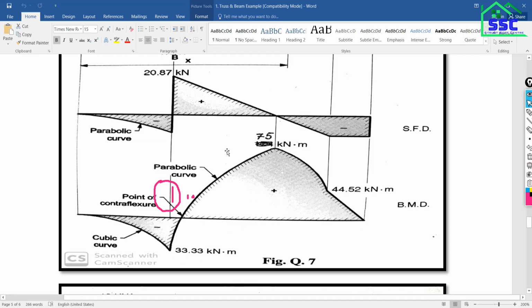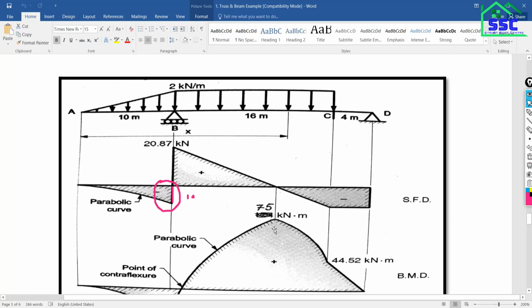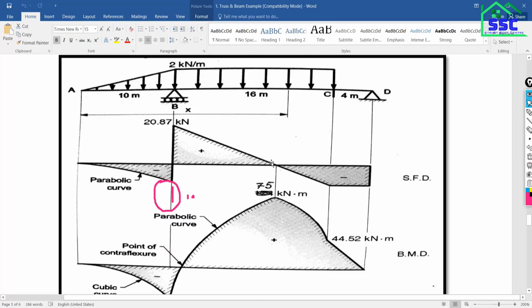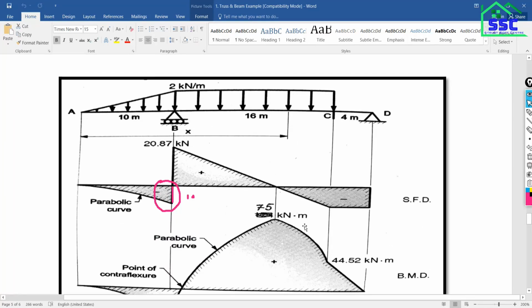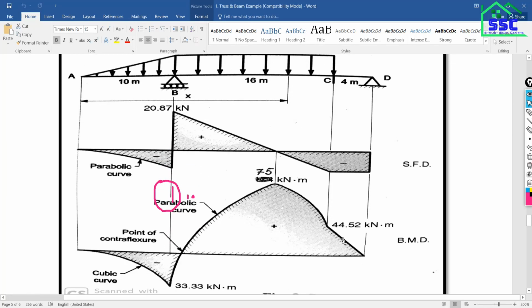Okay. In between, at a distance of 16 meter from the B point, the bending moment is 44.52 kilonewton meter.